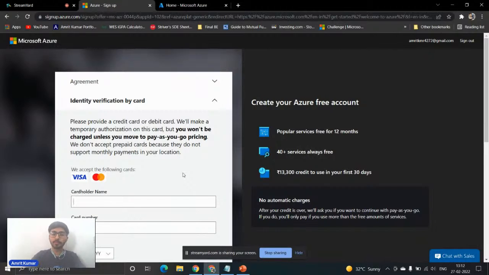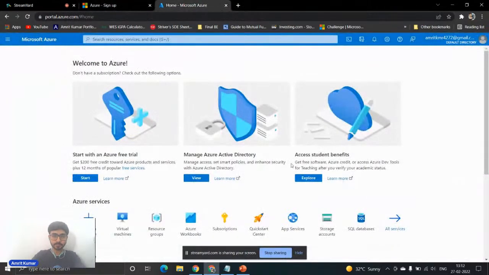But especially with debit card details, you might see some issues, because Azure doesn't really recommend using a debit card. So I would suggest going with the credit card, and you will be signed up in a few minutes only.